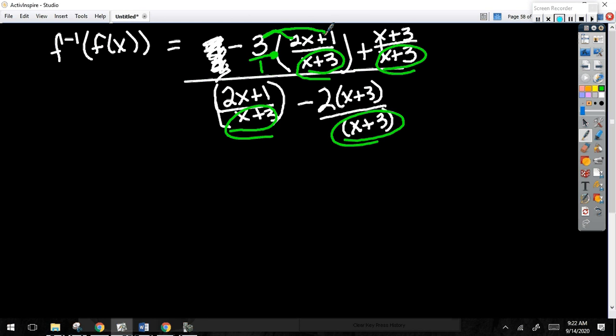Watch that sign here, minus 6. Now it's shooting up nicely. So I have negative 5x, the 3's are gone, over, therefore